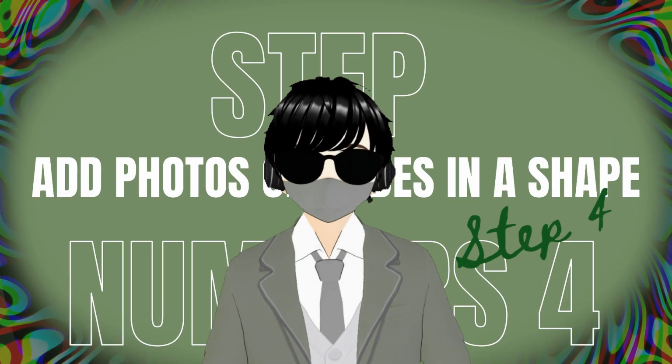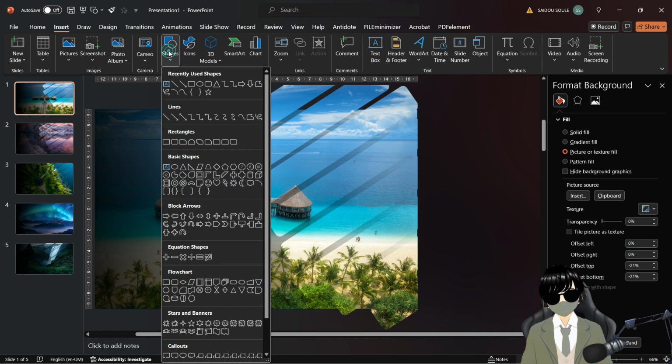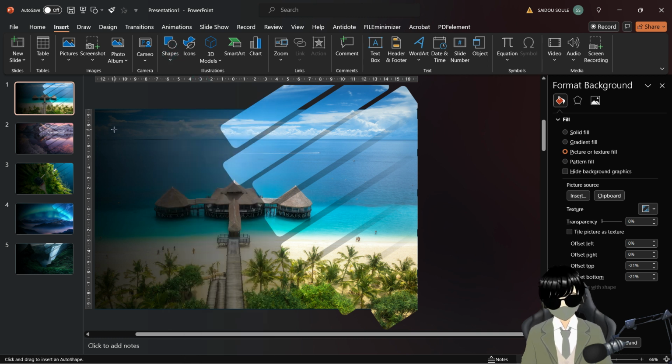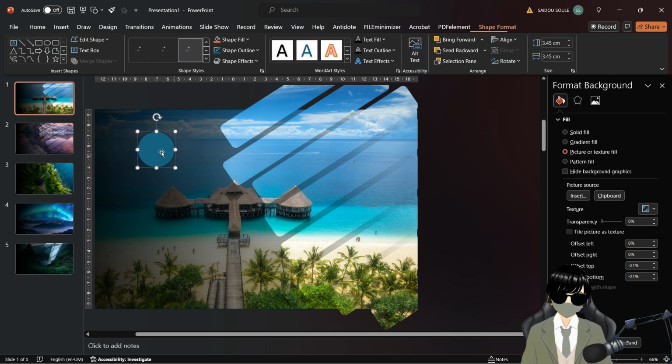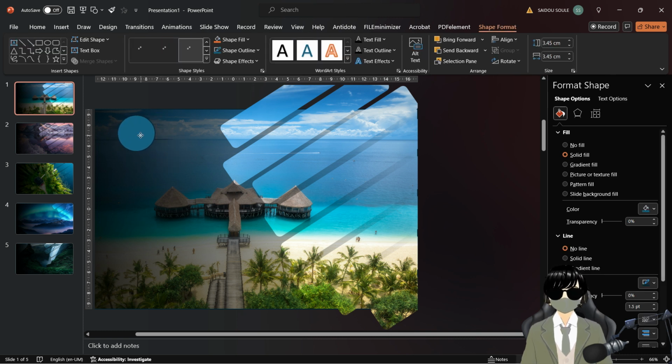Step number 4, add photos of slides in a shape. At this stage, we are going to add as many shapes as there are slides. In my case, I will add 5 circles and resize them while holding down the Shift key to adjust each